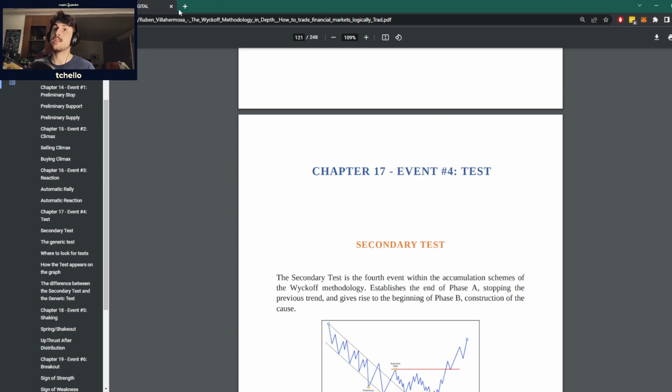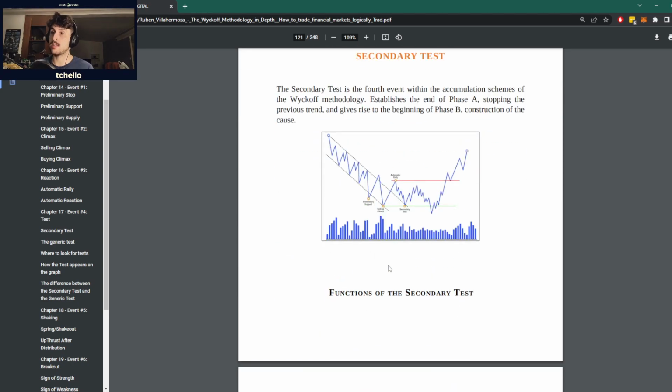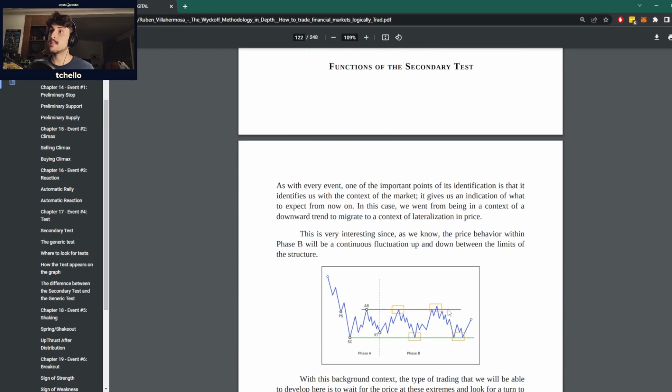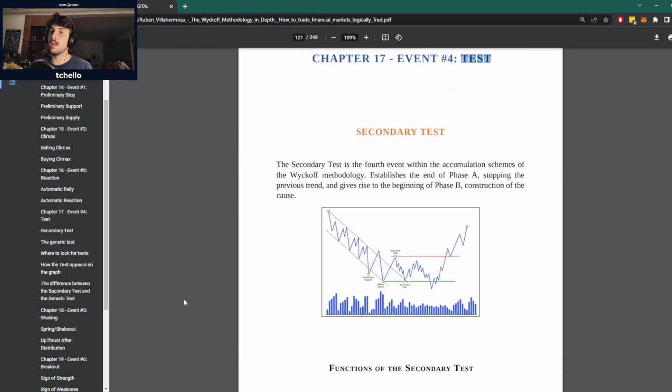And okay, so yeah, these events are a little bit dense. So I think you guys can watch the charts, try to look for examples, and try to apply the theory as a little bit of a homework. Next class, we'll talk a little bit about the test events, the secondary tests and the generic tests. And I think this will be a really important class. Okay. This is basically the end of what we call the phase A of the Wyckoff accumulation or distribution. And so it can be a very valuable thing to identify accumulations and distributions.